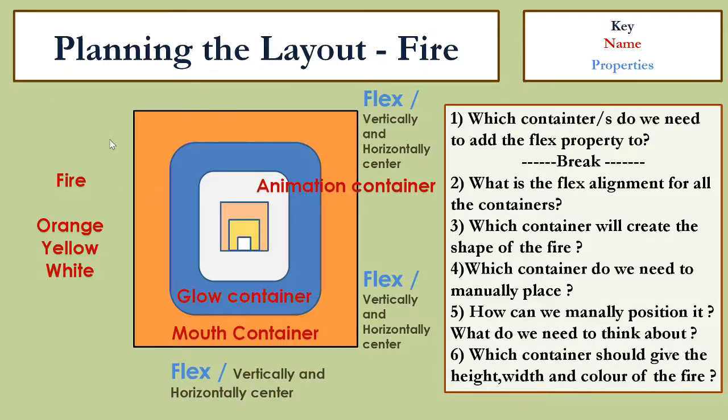Well, the shape of the fire is going to be in the fire container. So this is where you can start seeing how it saves code. If I had the orange box, then I would have to have the orange box with the shape of the fire, the yellow box with the shape of the fire, and the white box with the shape of the fire. But instead, what I could do is create another class with the actual shape that all the boxes are going to be,